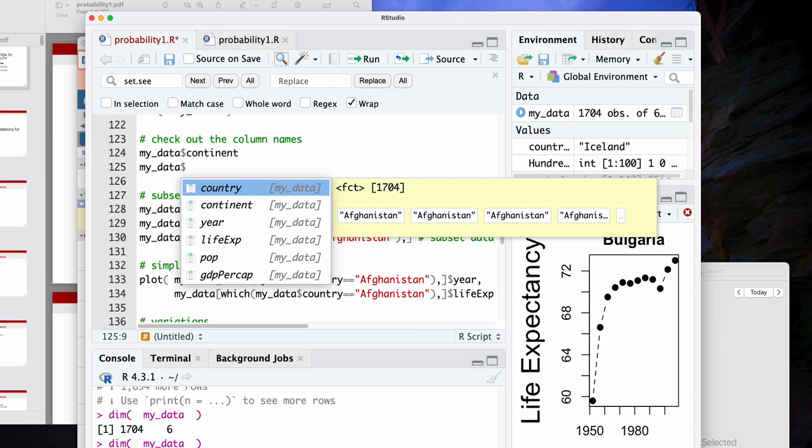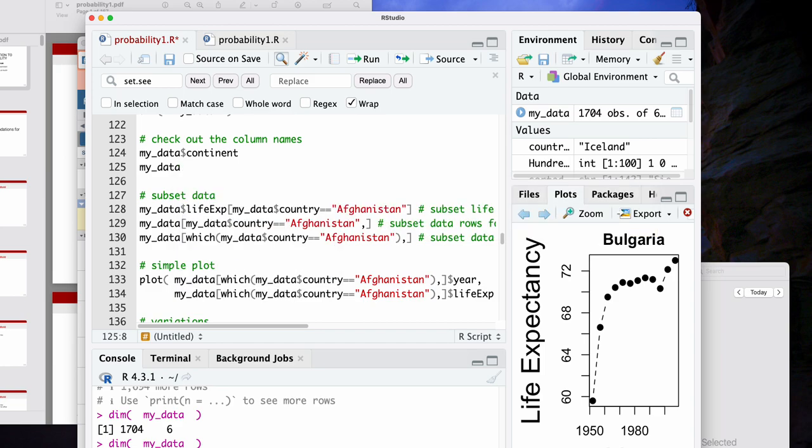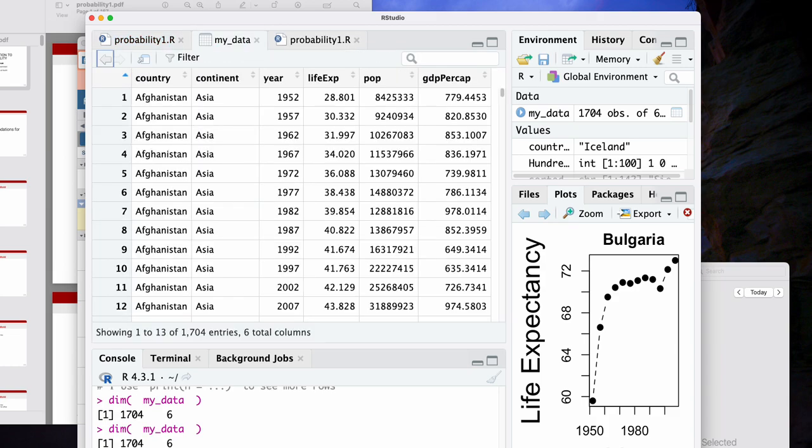This is a way for me to peek into the data set without actually having to view it. You can view the data set by doing View(data). This will just give you the whole data set. It looks almost like Excel. Some of you may have used Excel or Google Sheets. This looks a little bit like that. But whereas in Google Sheets I could go and type and change these numbers, I can't just change these numbers in this viewing process here.